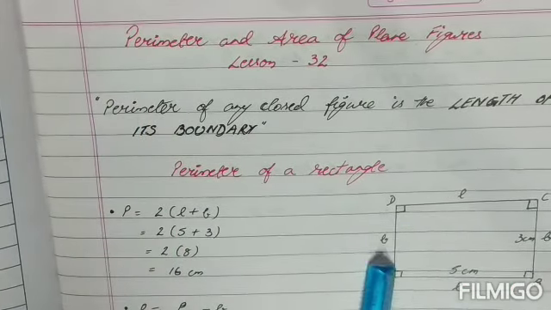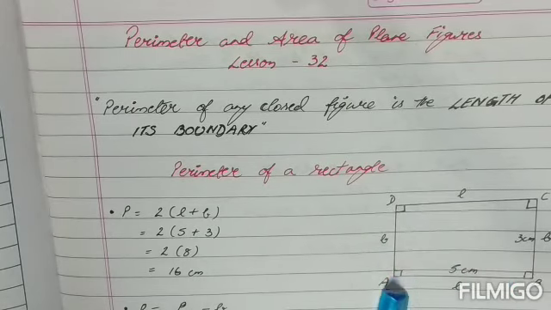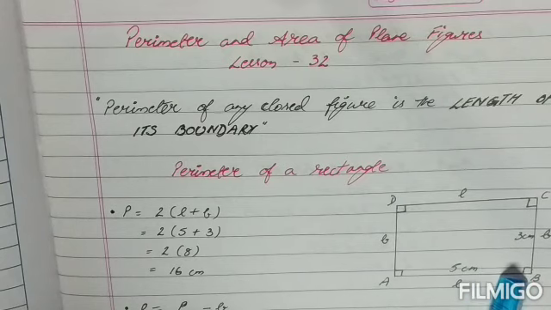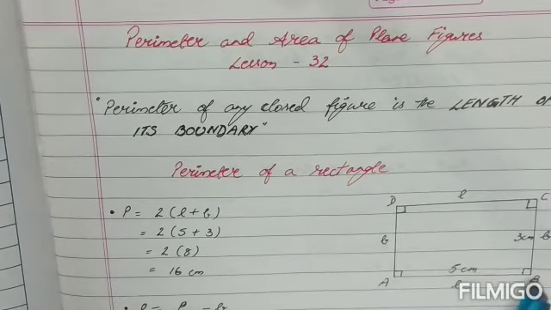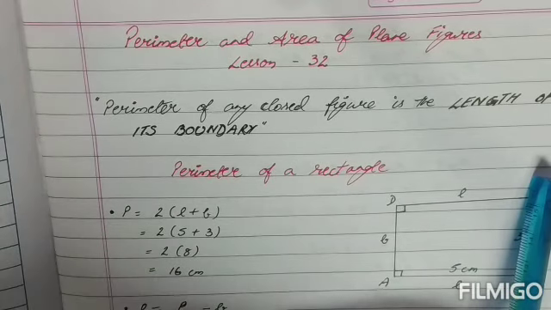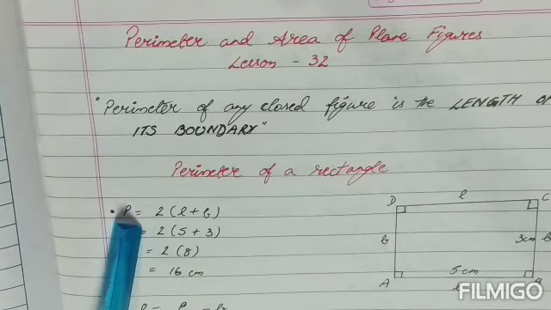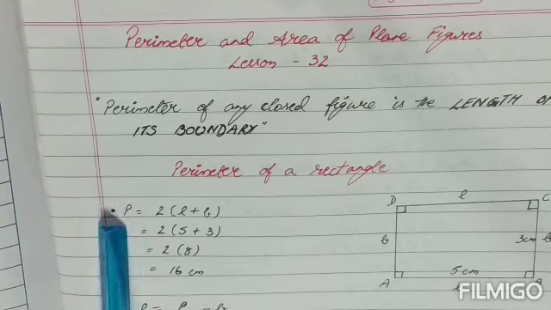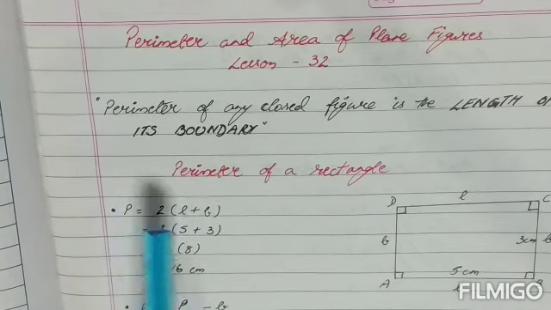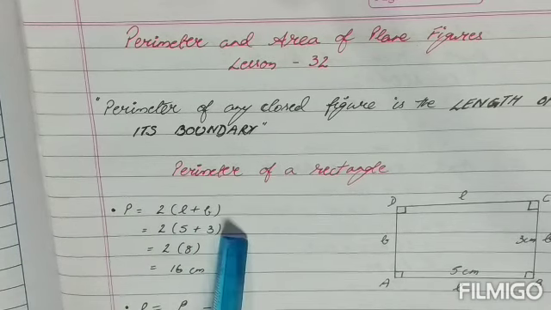Now I've drawn a rectangle over here. As you can see, children, both the lengths are going to be of the same size, and both the breadths are going to be of the same size. Now the length is 5 and the breadth is 3 centimeters. Suppose I have to calculate the perimeter, children. You will have to make use of a formula. The formula of perimeter is 2(L plus B). Now L plus B is inside the bracket.